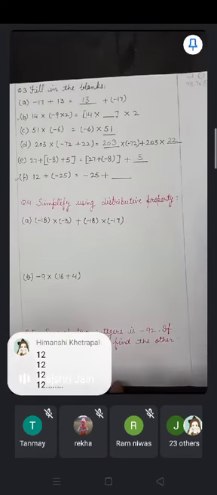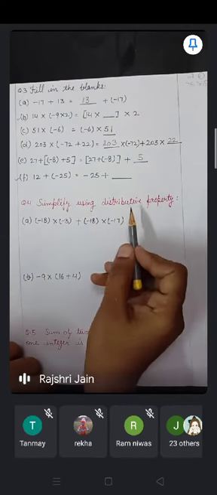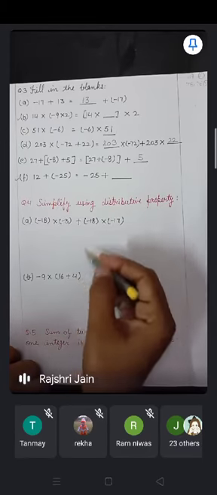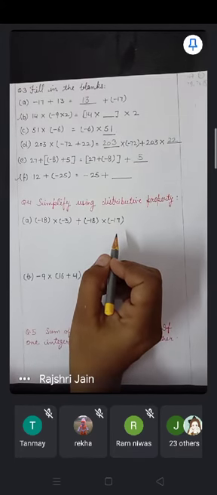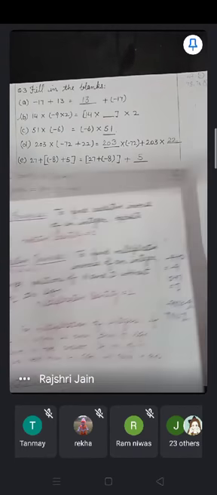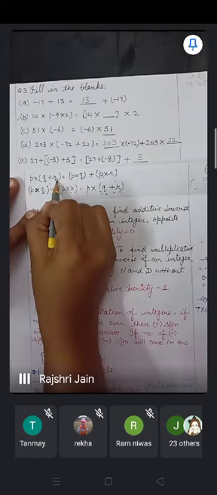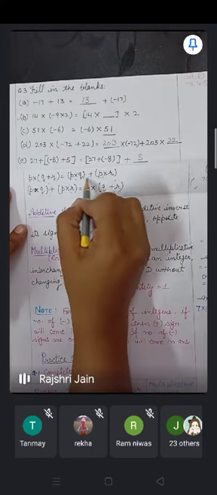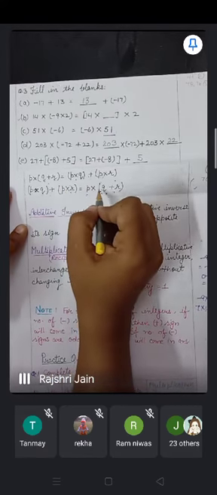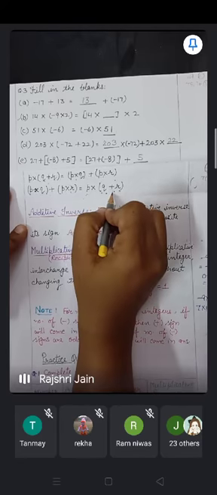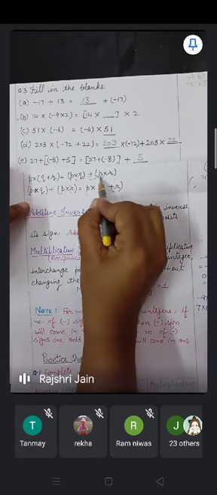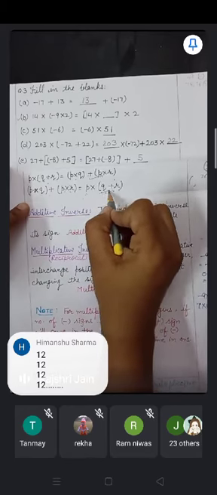Now question number 4. What you have to do in question number 4? Simplify using distributive property. You have to simplify these given two parts using distributive property. Yesterday I told you distributive property can come in two ways. दो तरीकों से आपको मिल सकती है. The first is one bracket is given and you have to open it and convert it into two brackets, and second, two brackets are given, open form is given, and you have to merge them and make only one bracket. So अगर इस फॉर्म में दी हुई हो तो इस तरीके से आप सॉल्व करेंगे, एंड अगर इस फॉर्म में दी हुई हो तो इस तरीके से सॉल्व करेंगे.